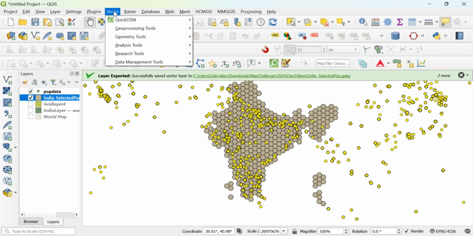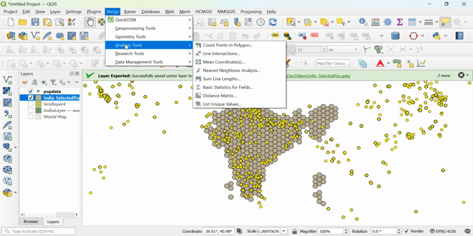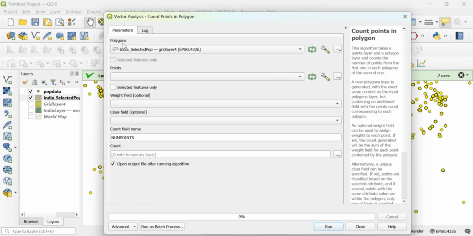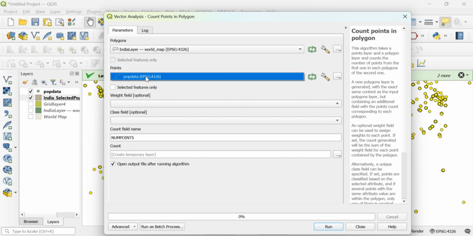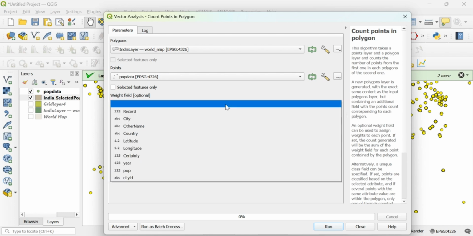So what we can do here is to also go to the vector, and in the analysis tool we can get a count points in polygons. Polygon is the India layer, and the point is this particular one.